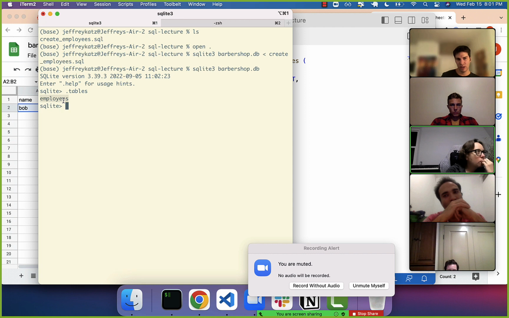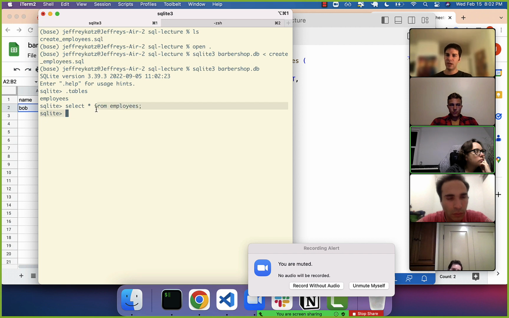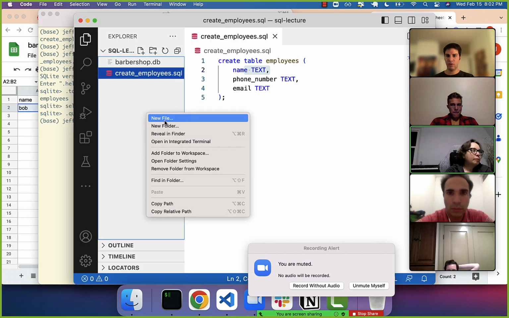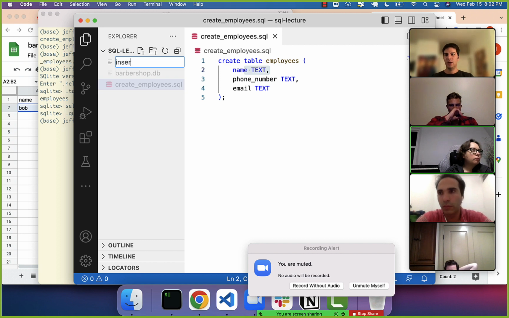Questions about this so far? All right. One thing to note is there is no data in the database. So if I just do a simple select statement, which we haven't learned yet, but if you want to select all the data, select all from employees, semicolon, there is no data coming back here. So that's the next thing we should do, is create an insert into file. So we'll just do insert